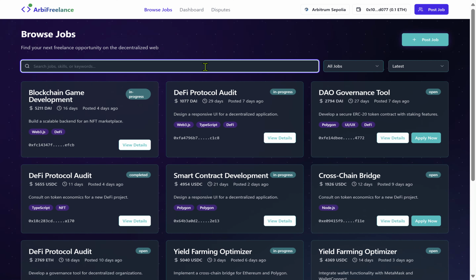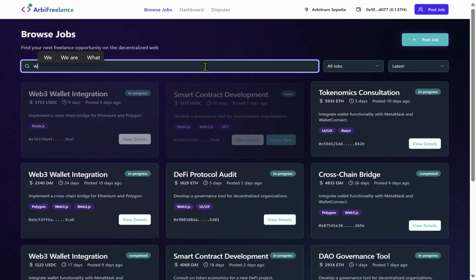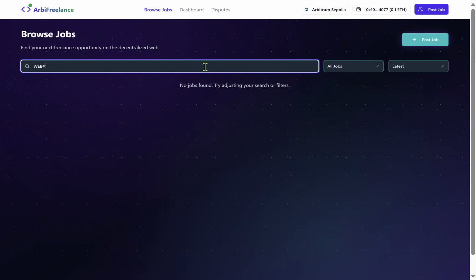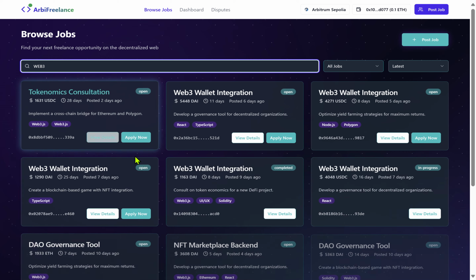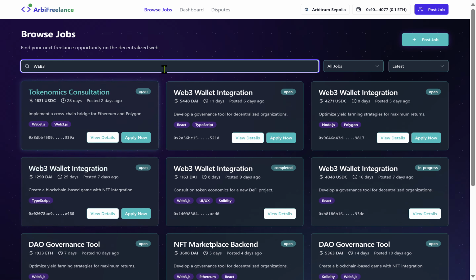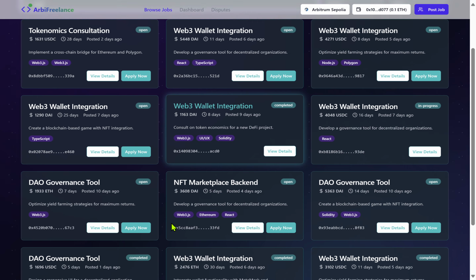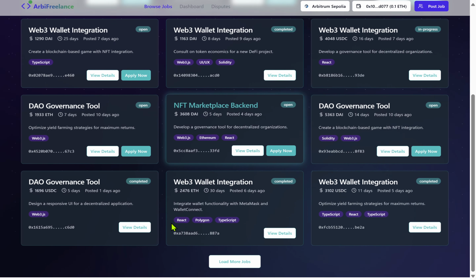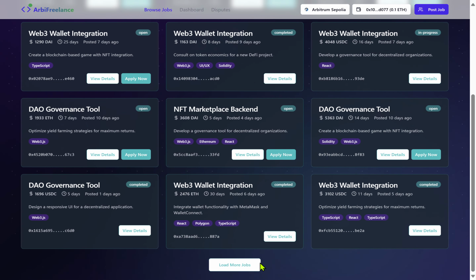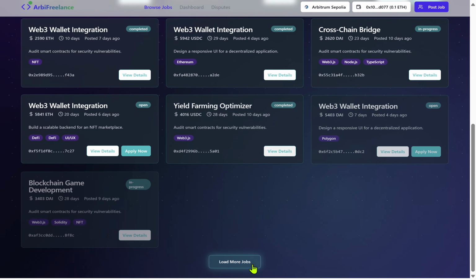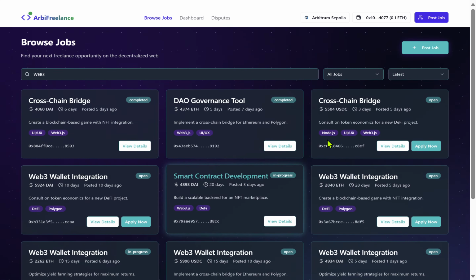Let's say a freelancer wants to work in Web3. The search bar gets you all the results that concern Web3. We can load more jobs, and here we go.